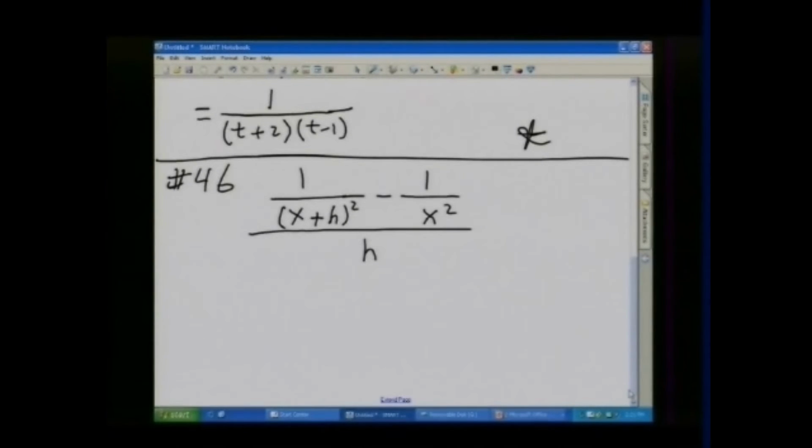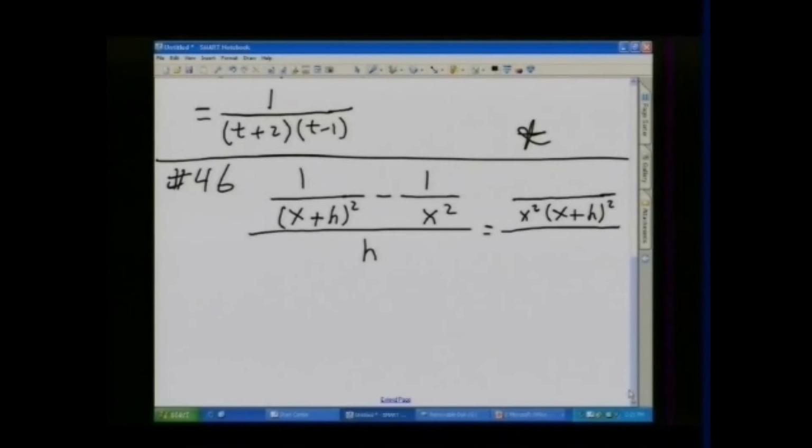The first thing I can do is, in the numerator here, find the common denominator between the two terms, the least common denominator, which would be h squared times x plus h squared,